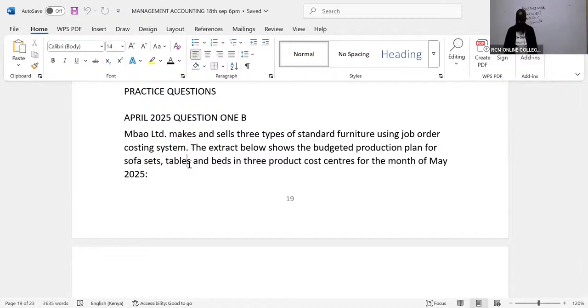But before I start even the introduction, there is a very good questionnaire that connects ABC to this traditional method. So I read it. We are told Mbao Limited makes and sells 3 types of standard furniture using job order costing system. The extract below shows the budgeted production plan for sofa sets, tables, and the beds in 3 production cost centers for the month of May